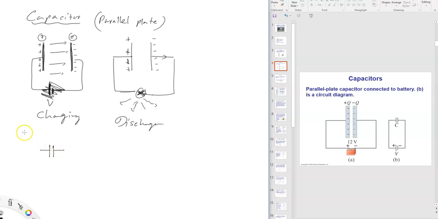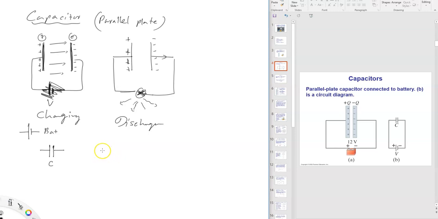Remember, there's a difference with the battery. Battery is a long wire and a short plate, right? So this is the battery. This is the capacitor. And we use the capital letter C to denote a capacitor. Capacitor starts with C, so we use the same letter for that. And then, the first equation important to capacitors.